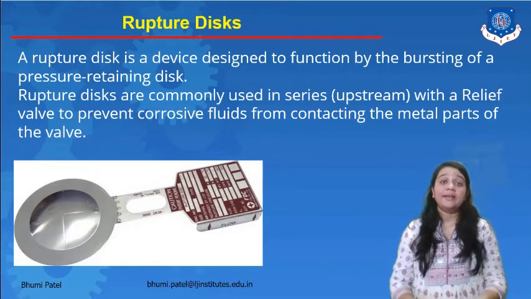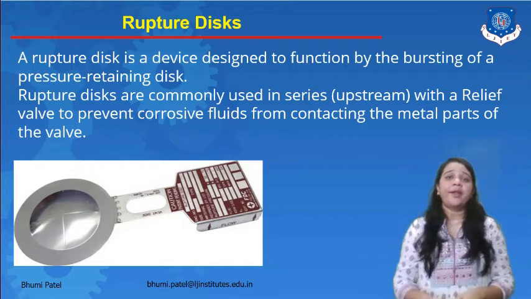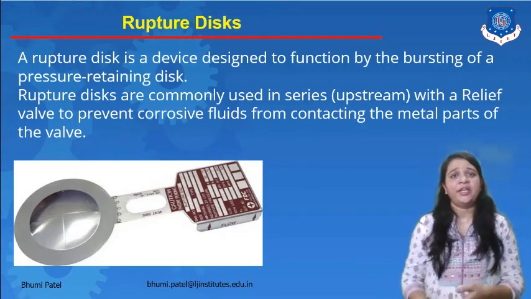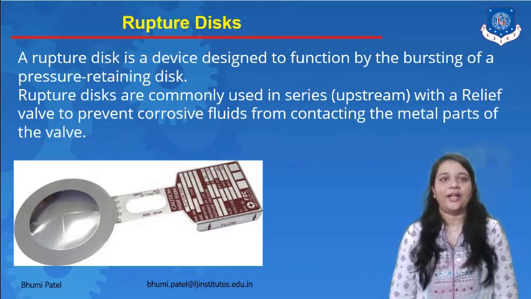And rupture discs are generally made with rubber material. So it is a one-time use disc. Whenever the operation is finished, we replace the rupture disc in every control valve.